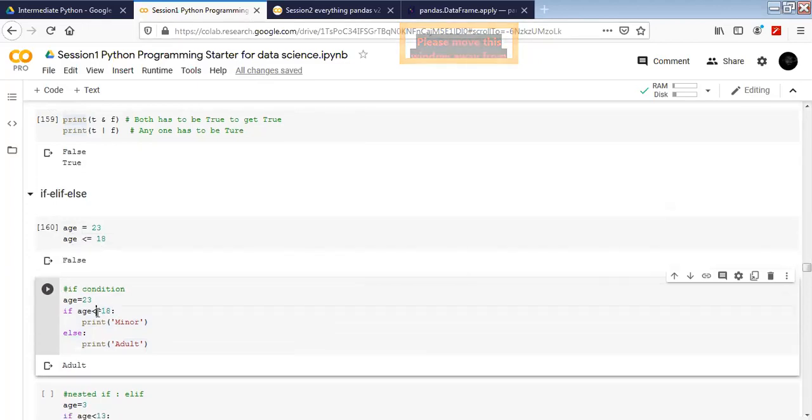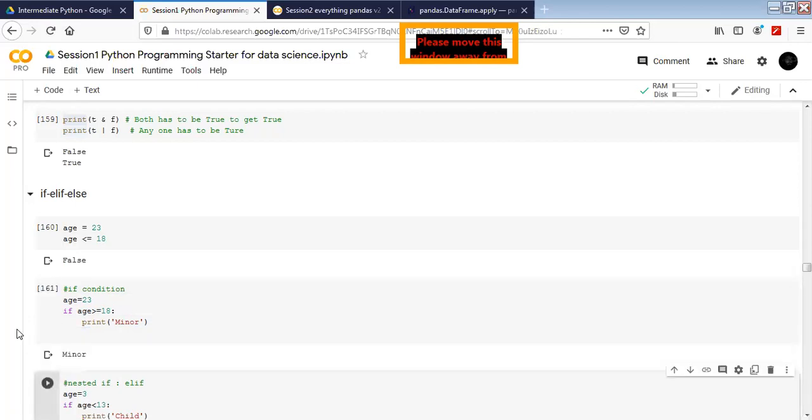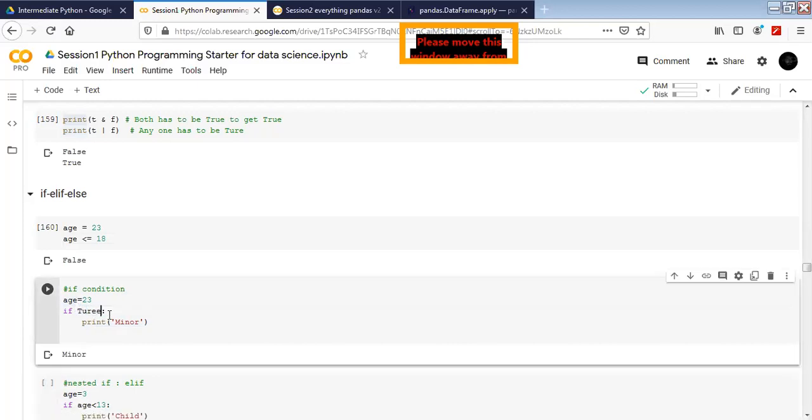So in an if statement, this is false for me. If it was true, for example, more than or equal to 18, what's going to happen in this situation? If I execute it, I'm going to get the answer minor. Why? Because this has converted into true now. That's why we are able to print minor here.